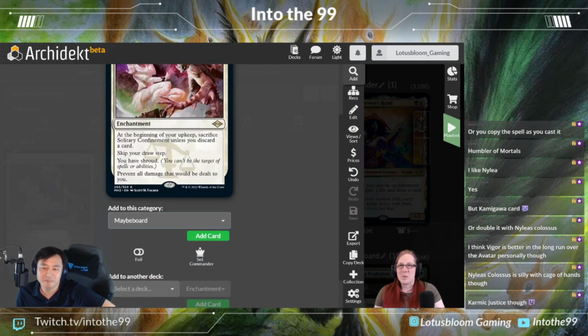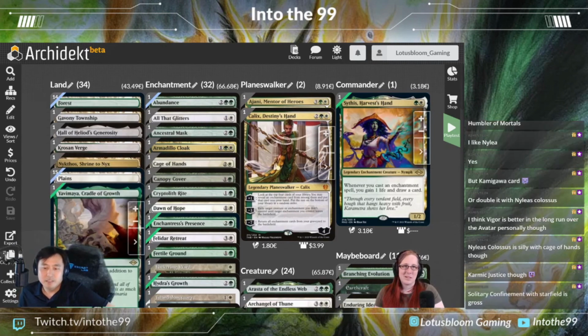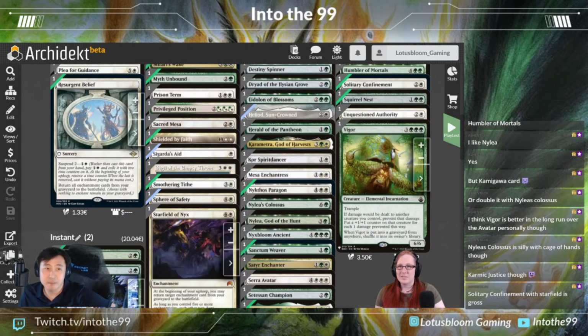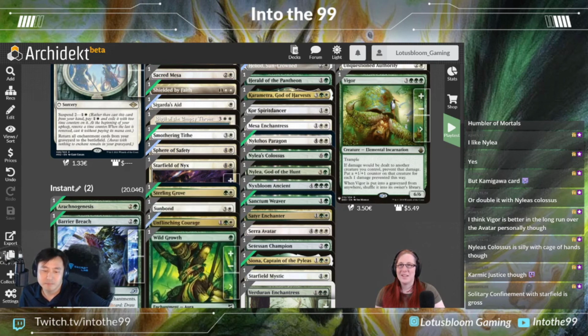I'm gonna maybe board it just to make things easier because we're at that point now. But I think this could be really good in this deck. I genuinely think that having the enchantment draw effect in our command zone is so good for this type of deck. I think that's what makes Island Sanctuary stand out. Same with Starfield of Nyx, it's gross. We can discard it, and then